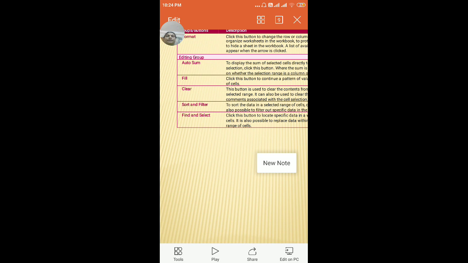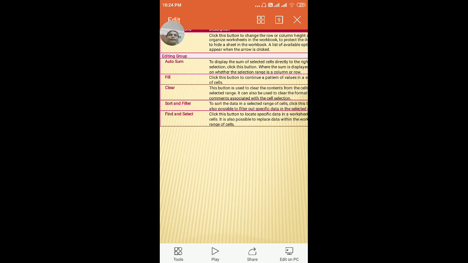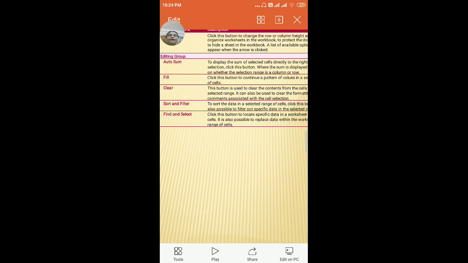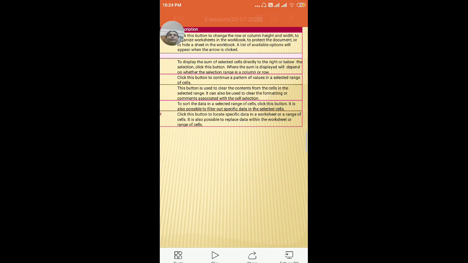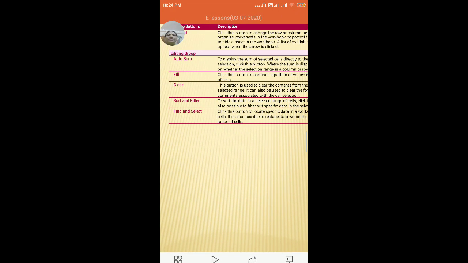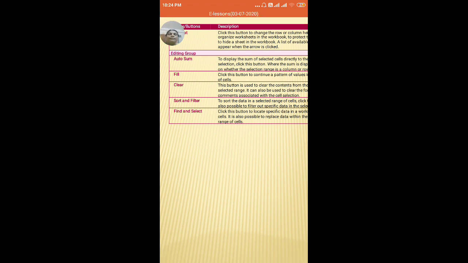Next comes the fill. This is a very important feature in Excel. Now suppose you want to fill a series. Fill: click the button to continue a pattern. Now suppose for example there is a serial number column which starts with 1 and you have to end with 100. So for filling that pattern, 1, 2, 3, 4, 5, 6, 7, 8, 9, 10,